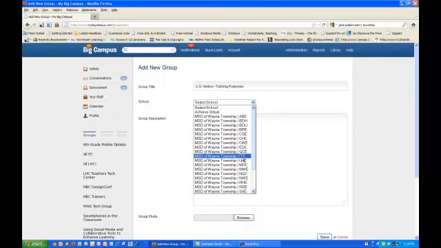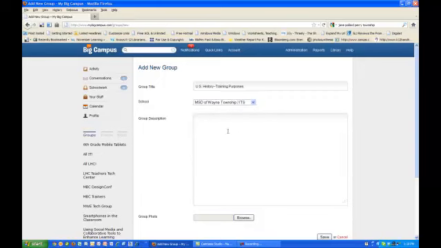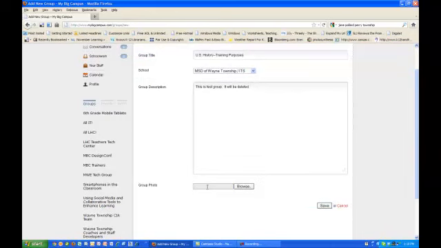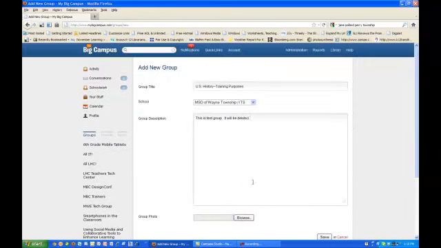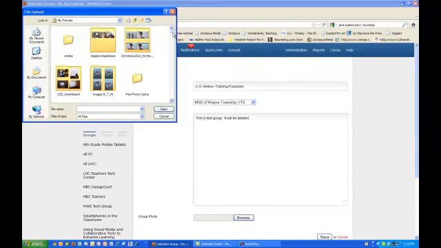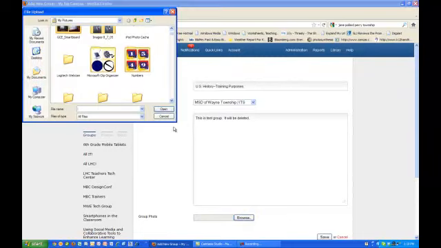So I'm going to go ahead and make this available to our IT services. And I'm just going to put this is a test group, will be deleted. But for you, if you're creating a group for your class, you want to put a description here about who this is actually for. And the last step is, do you want to upload a photo, which is a little avatar that will show up over here. So I'm going to click Browse, and we'll just scroll down here